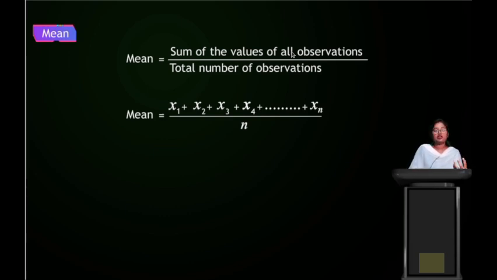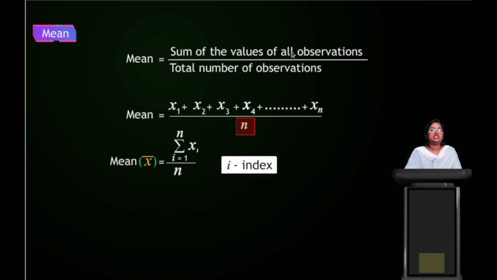So in general we can write mean as x bar equals summation xi, i equals 1 to n, divided by n. Here i is the index. So in the place of i, you have to substitute